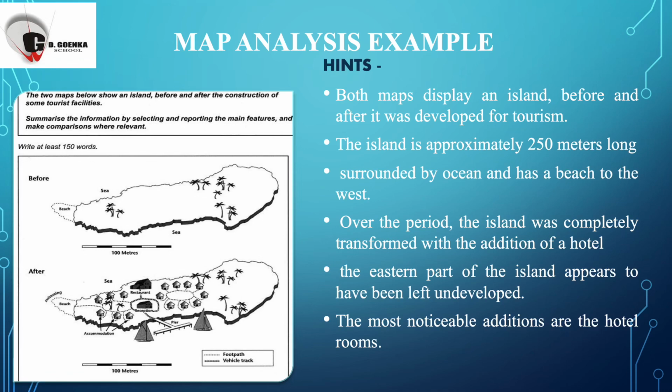Next, you need to see the differences between the two islands. Whatever major differences you notice in terms of buildings, in terms of vegetation, you will write accordingly. And in case there are any similarities, you can write that also. So this means that the visual input will be given to you. You just need to check that data, interpret that data, and on the basis of your understanding, you'll be writing this analytical paragraph.